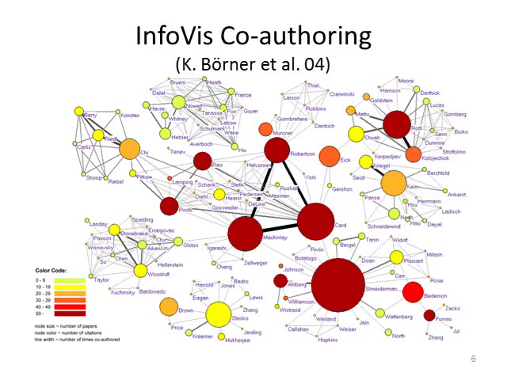So each point is a person. The size is the number of papers they published. The darkness depends on the number of citations. So the darker, the more citations they have. And each time they publish a paper with another author, there is a link with that author. And the more they publish with an author, the bigger the link. So in this nice picture, you have a nice map of the InfoVis